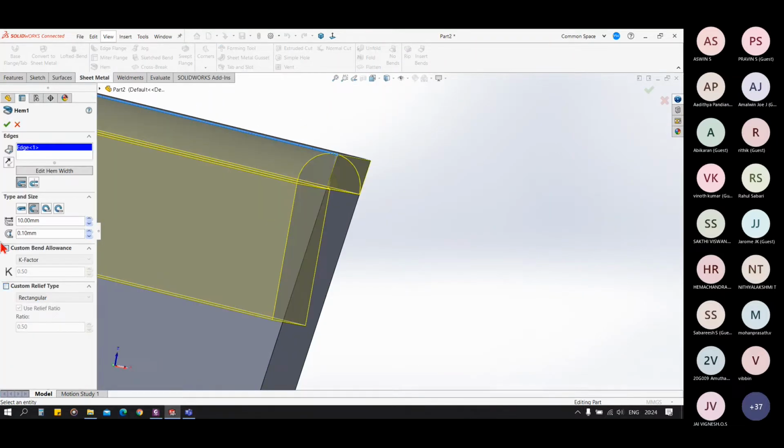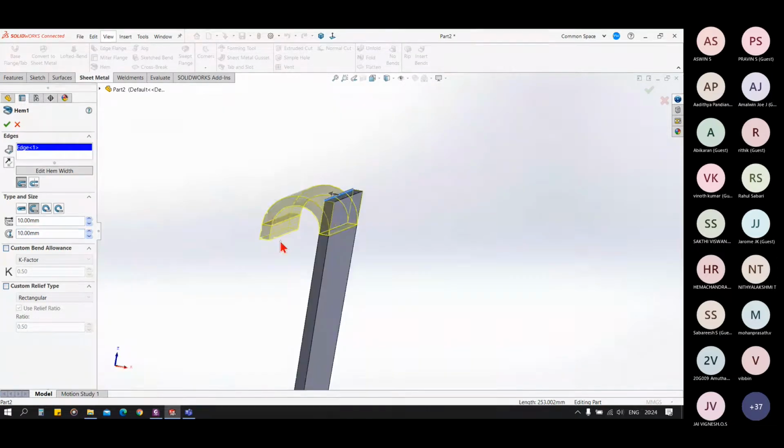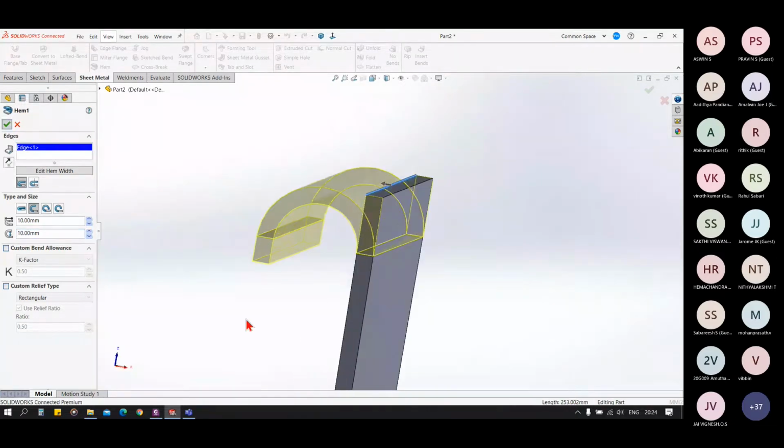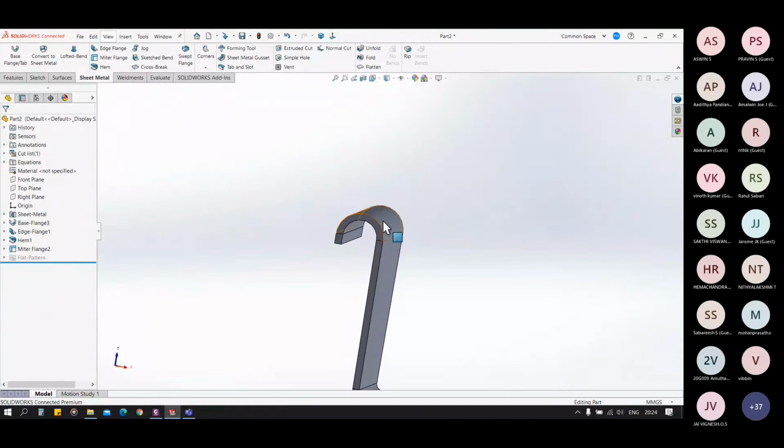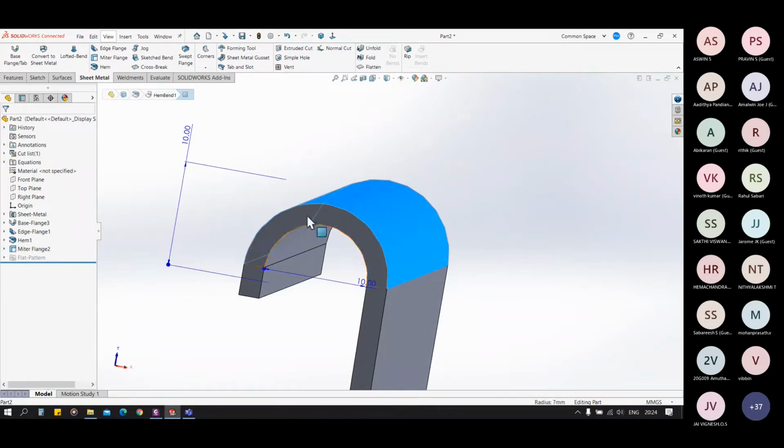This second option is the open hem. Basically, this hem feature you can see practically in our kitchen utensils. You see the edges of our dishes and plates and bowls are created using the hem feature.